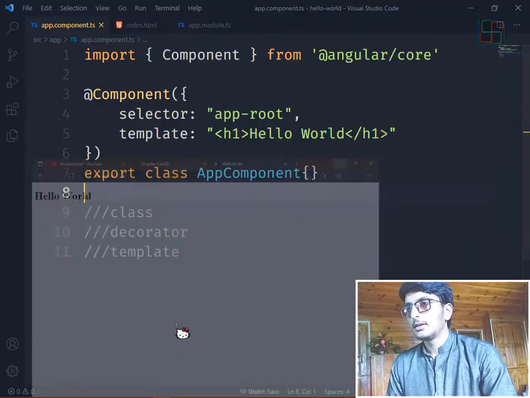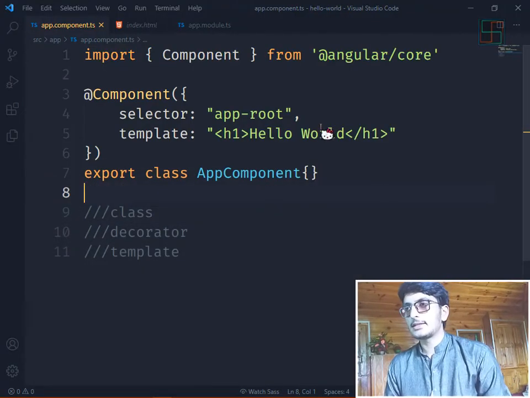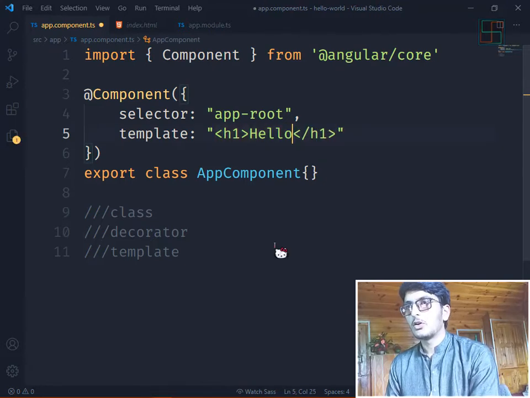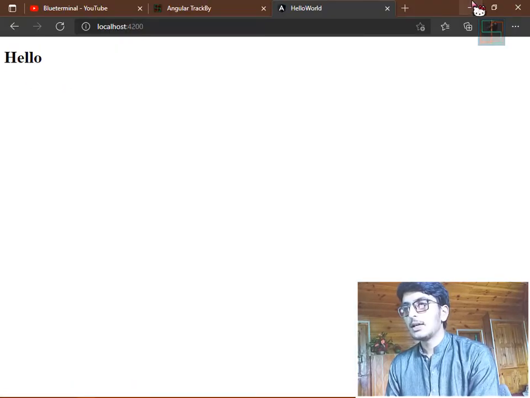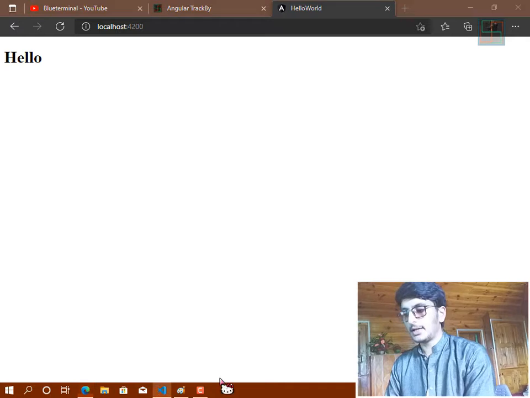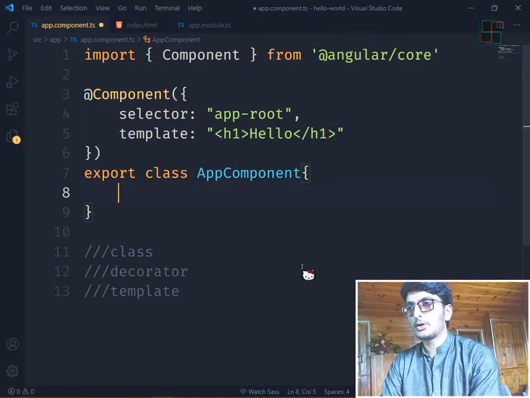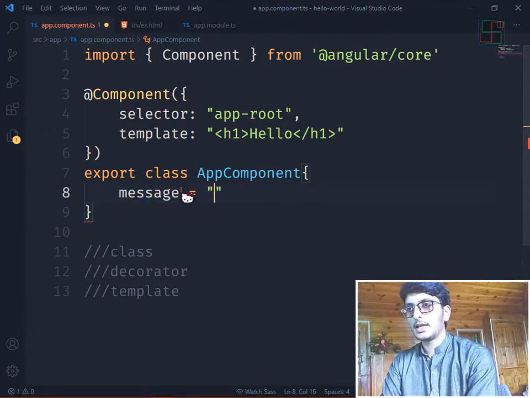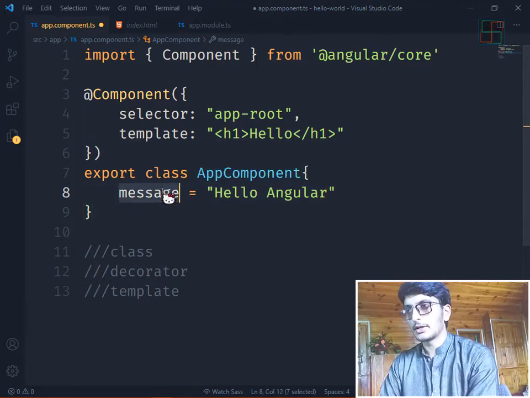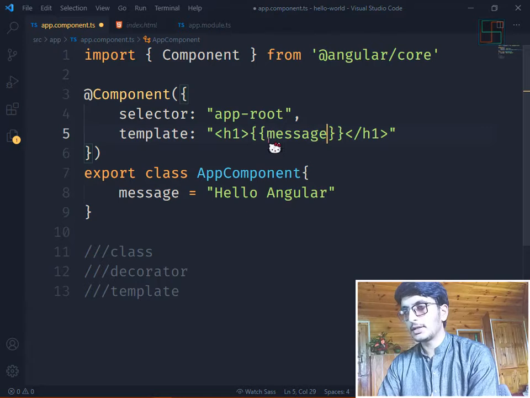Okay, let's make a tiny change in this. Only hello remains. Okay, let's create a variable in this AppComponent class and interpolate this variable here. I declare this variable with the name message, and here is hello Angular, and this message is interpolated here.